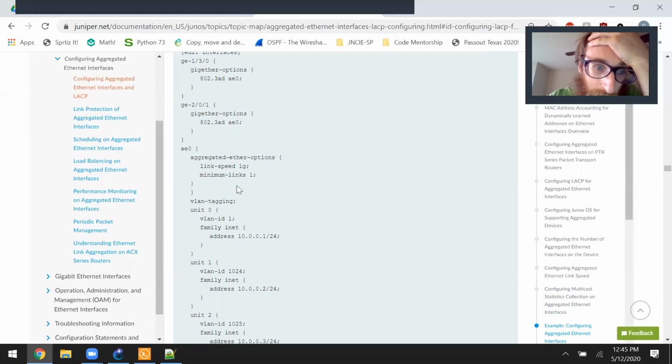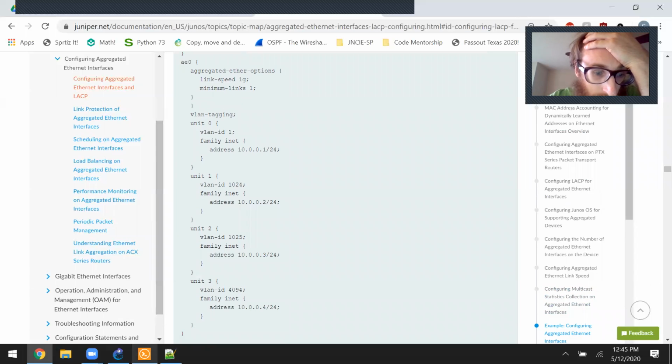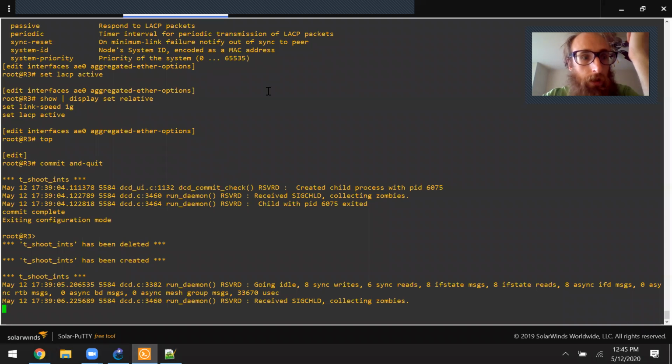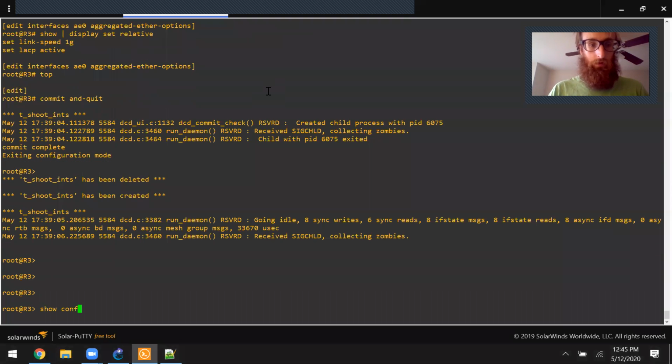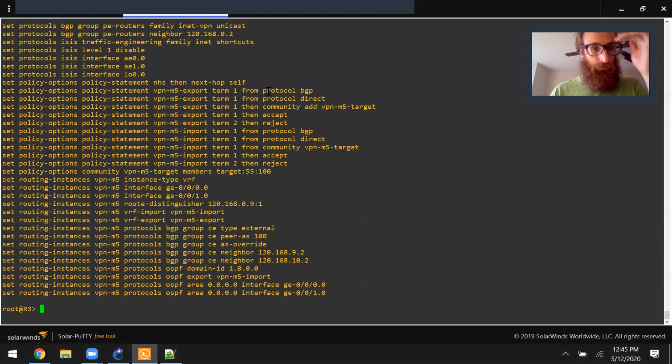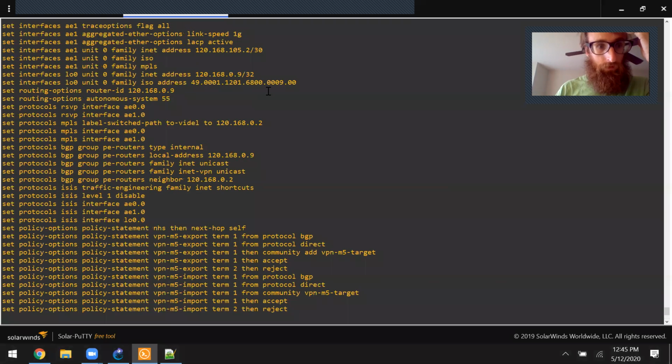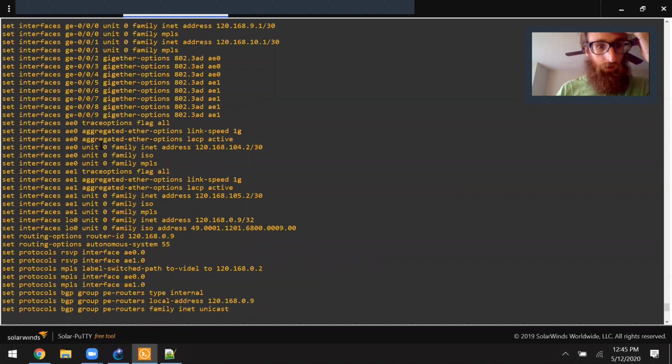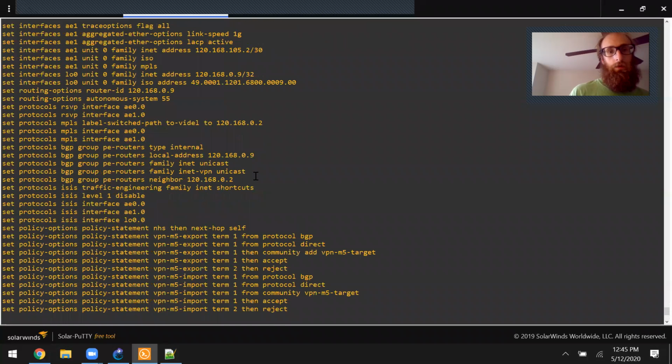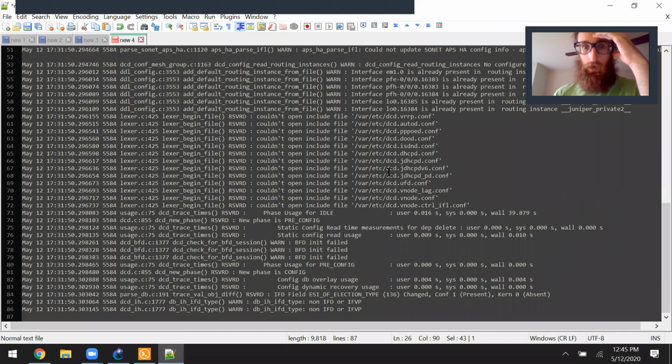Here we've got minimum links. So let's check that configuration. Maybe they have a setting there that's not going to work. So nope, we don't have anything like that. We do have link speed 1 gig. So maybe it's not compatible with that setting. But we do have the output here. And from what I could see there, it's got,